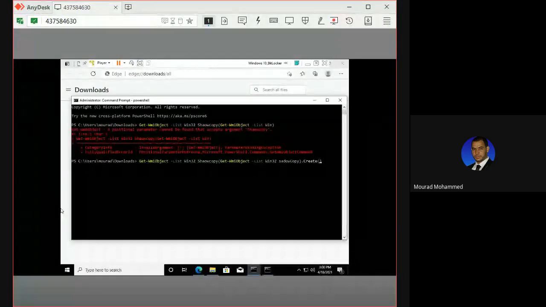The two parameters. The first one is the C drive. Second one is client accessible. My second one is